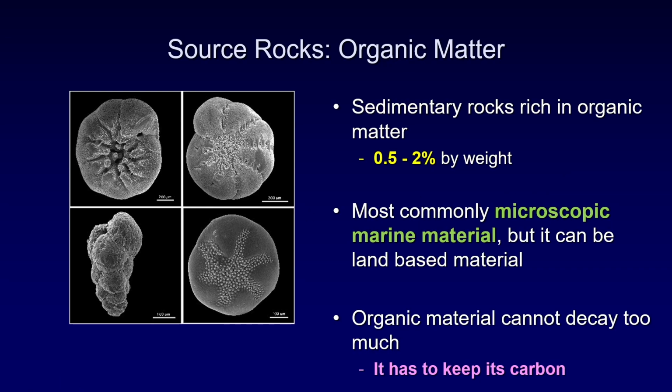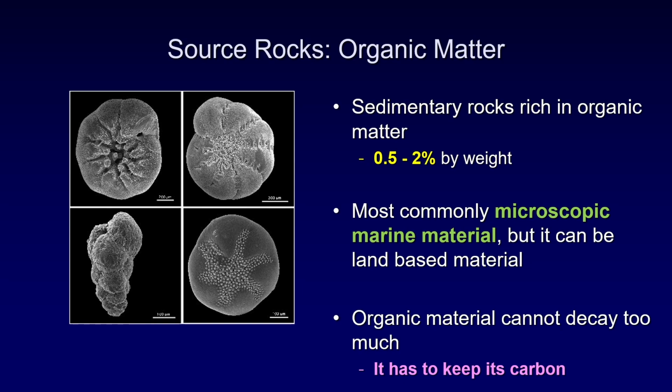So what's the main source of organic material which forms oil and natural gas? Now, the vast majority of oil and natural gas deposits form in marine environments, so in oceans and seas. You can get oil and natural gas deposits which form from land-based environments, so swamps and deltas. However, these deposits tend to be much smaller, and as such, they are less economically significant. So the vast majority of large, economically important oil and natural gas deposits are going to be related to marine